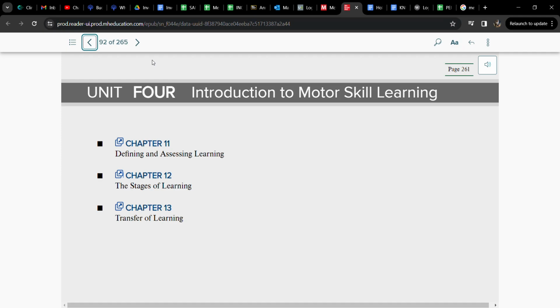We're going to start right away here with Unit 4, which is the Introduction to Motor Skill Learning. And it's going to encompass Chapter 11, 12, and 13. Chapter 11 being Defining and Assessing Learning, Chapter 12 being the Stages of Learning, and Chapter 13 being the Transfer